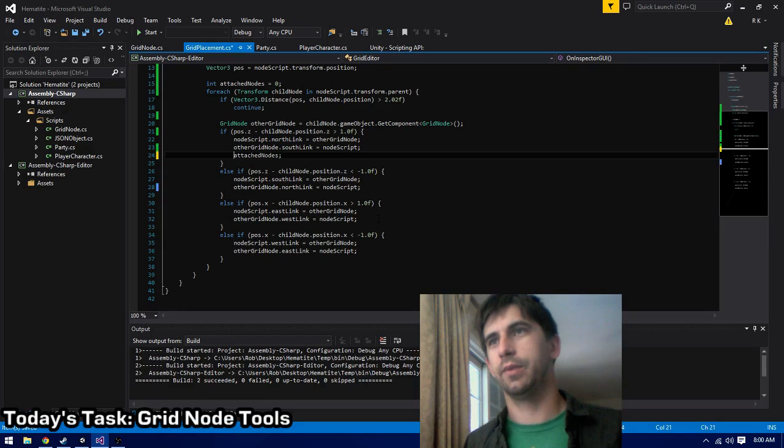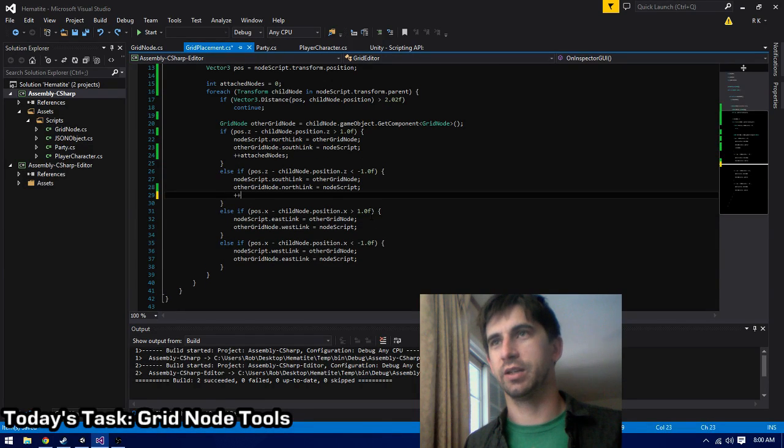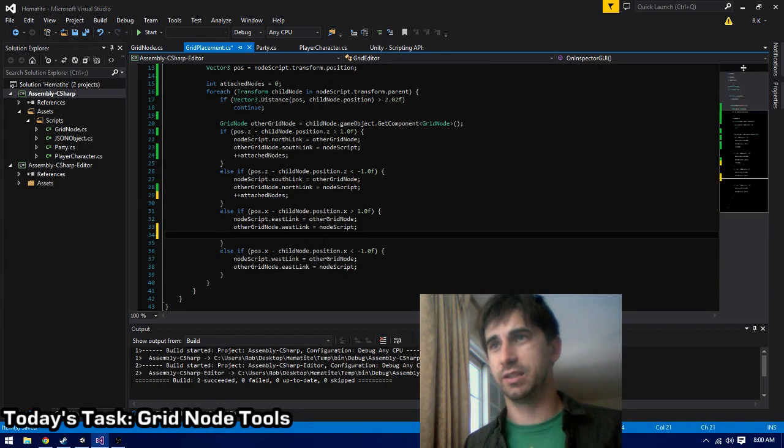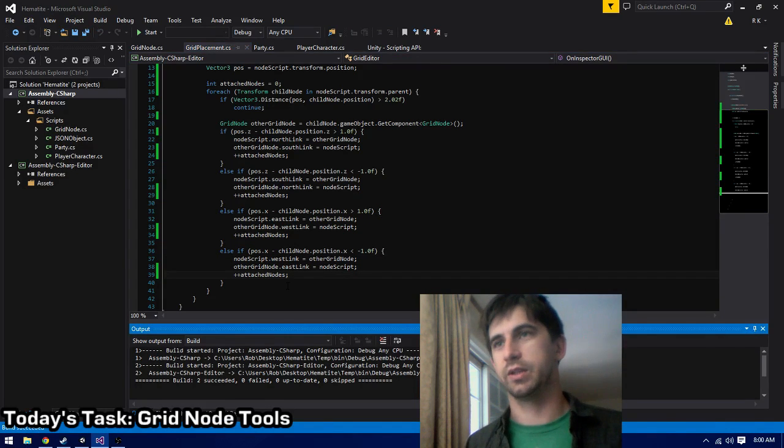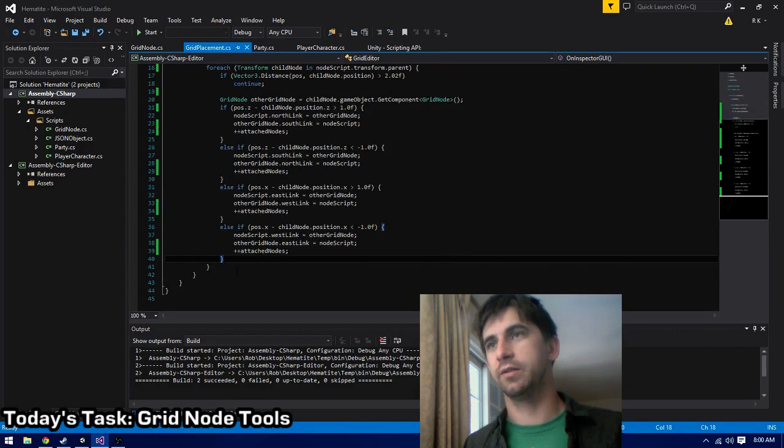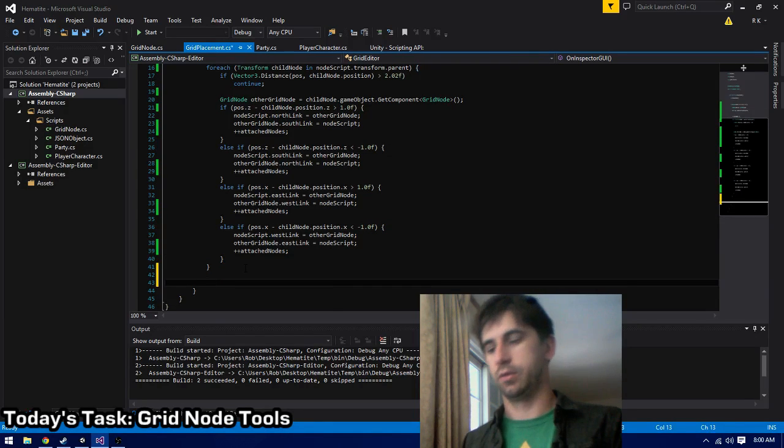Actually, wait a minute. Why am I putting this in? Oh, of course, I'm putting it in each of the if statements. If the distance is too great, it doesn't count as an attached node, and therefore we should not be counting it. There we go. Sweet. And finally, at the end of all this for loop goodness,